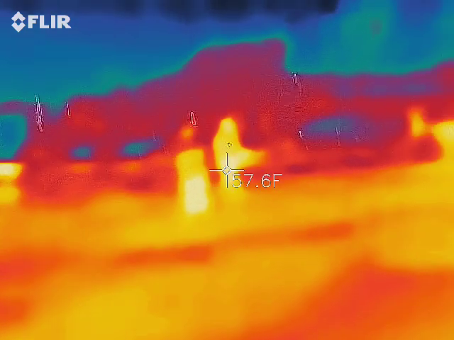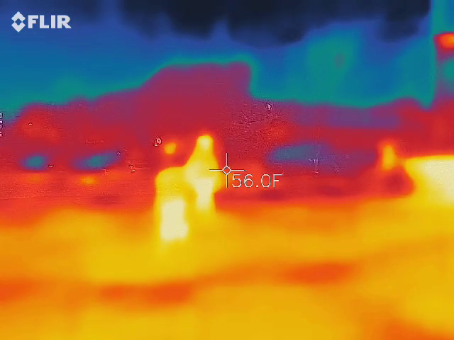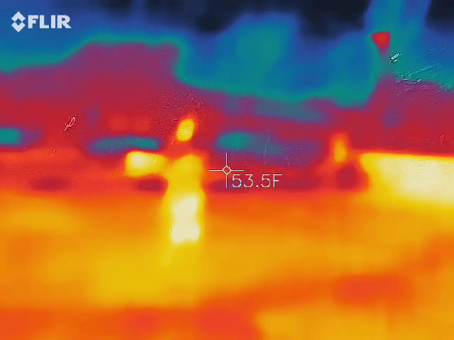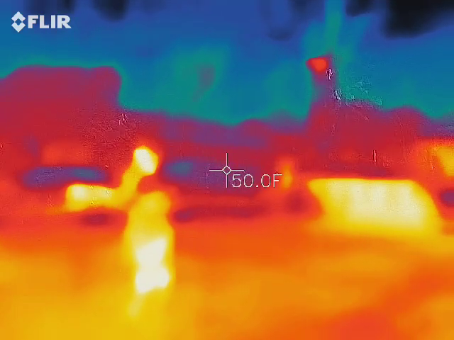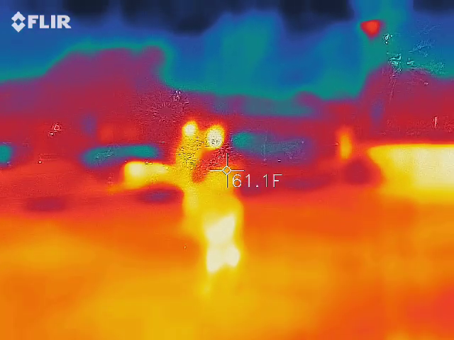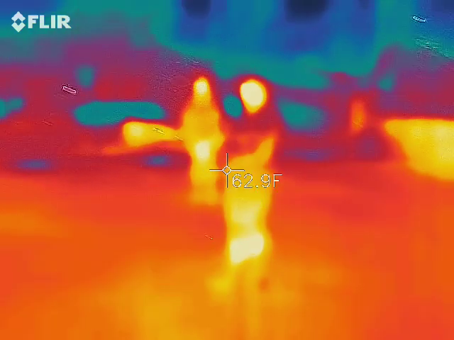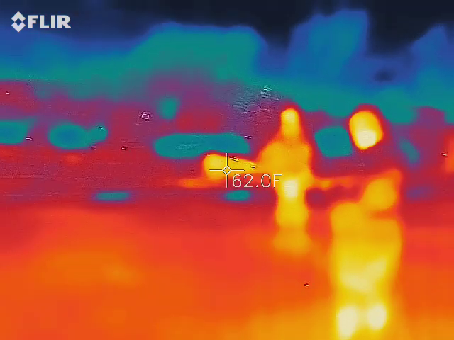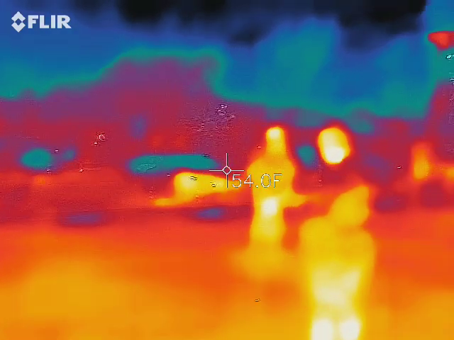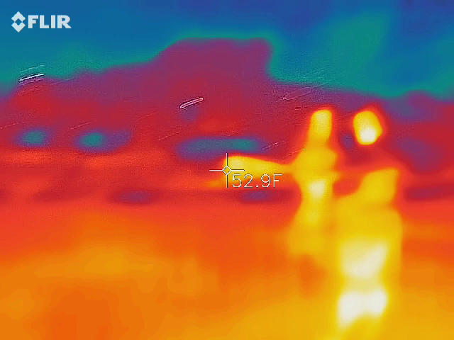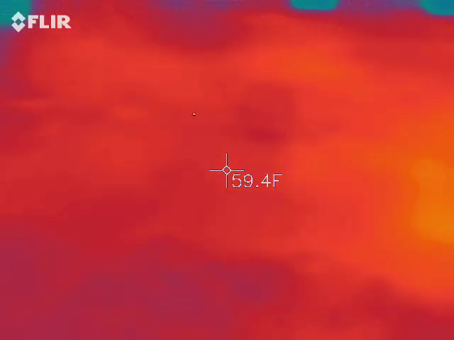I like the history of Ruth. There's a lot there. 57. You see where it is right down on the ground. I'm within 2 degrees.